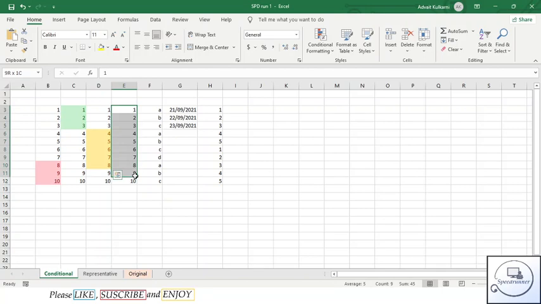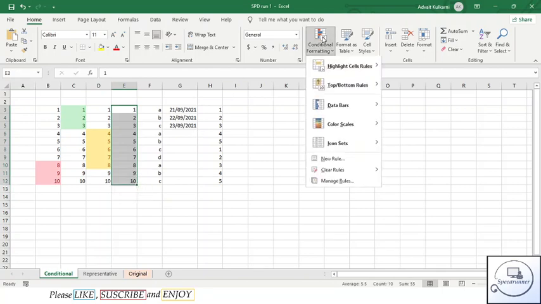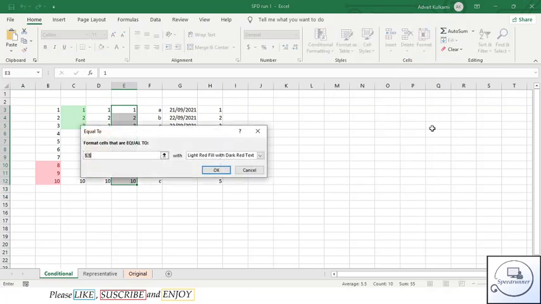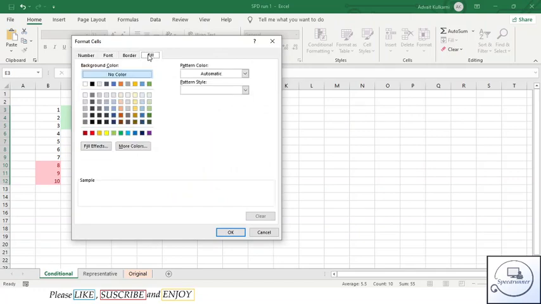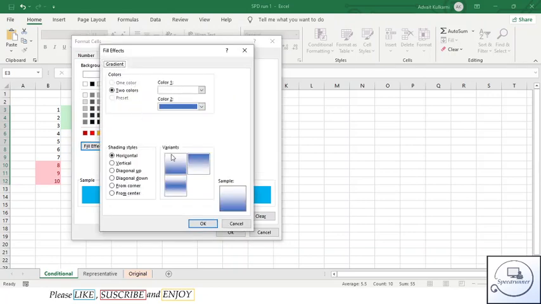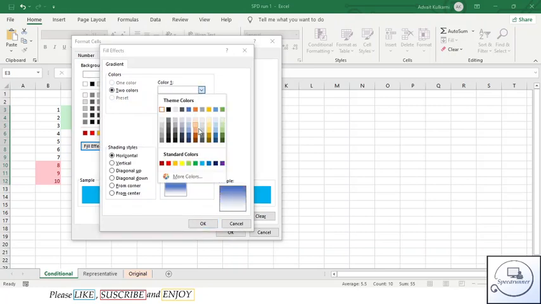Next is equal to. Now I want to find a cell having a specific number. So I will format cells equal to 5 with a custom format. Under the custom format, you can format it with whatever color and shape you want. Here I am choosing blue. For fill effects, you can also have a gradient. For example, now I want to take a gradient of orange